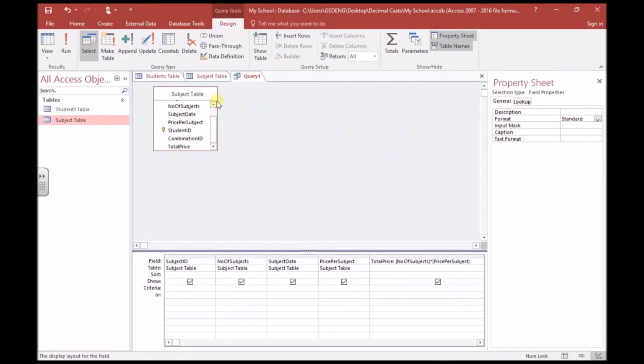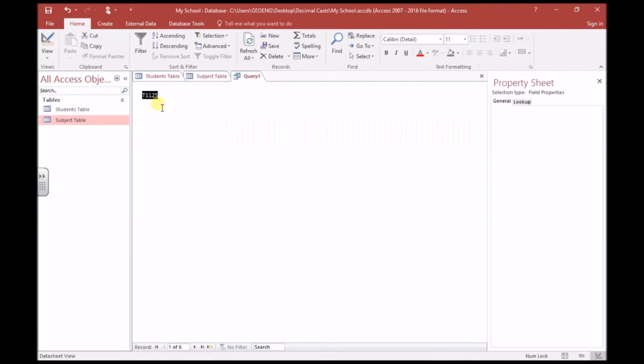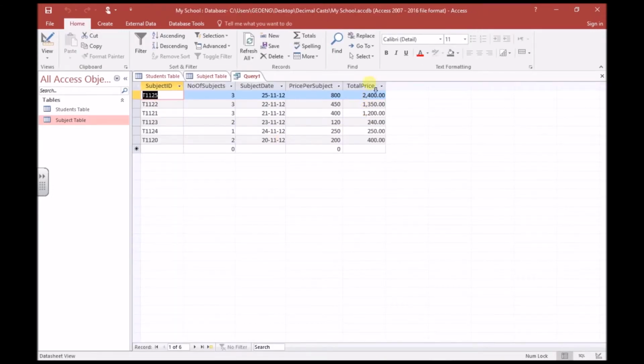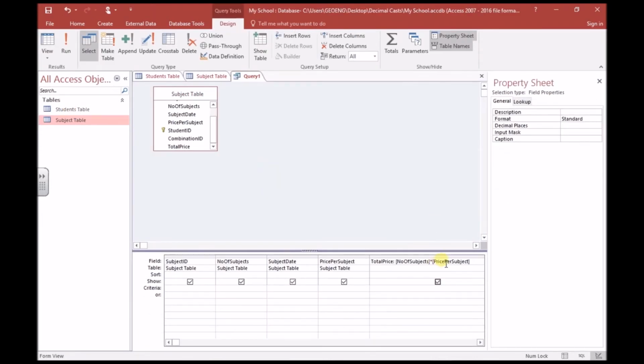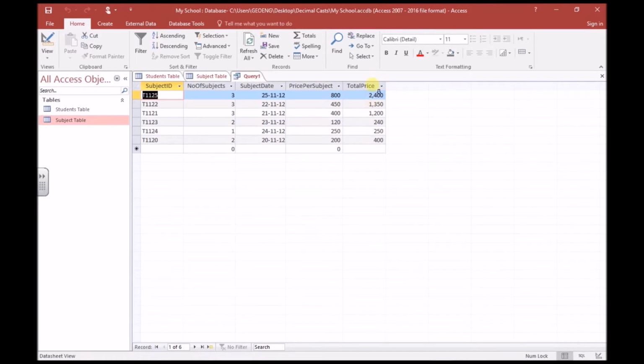So let's quickly go and run it. So this is going to be our total price. Remember, we still have the decimal places here, so we can still click on view, design view. So we get back here, the decimal places is already right here. Let's click on it and then we put it to 0. Then let's run. You see the decimal places has already gone, and this is exactly how you can perform calculation using formulas in queries using Microsoft Access